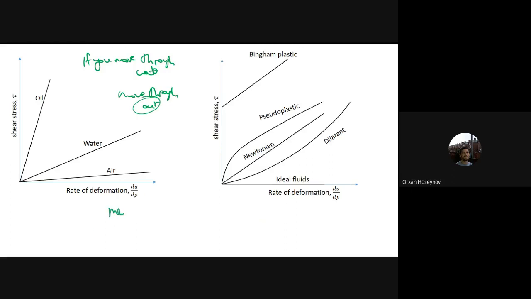I can give you, for example, mercury and the water. So mercury has density of, I think, 10 times more than, so this one is density of air. Density of mercury, water is 13 times more than water. But if you come to viscosity, viscosity of mercury is less than viscosity of water. Okay, you see, it is not dependent on the density. It is all molecular viewpoint. Okay, it is all about the molecular viewpoint,